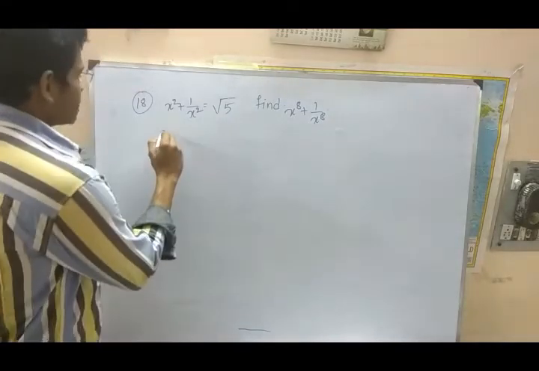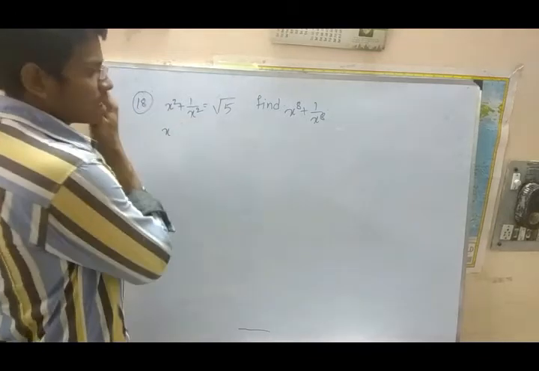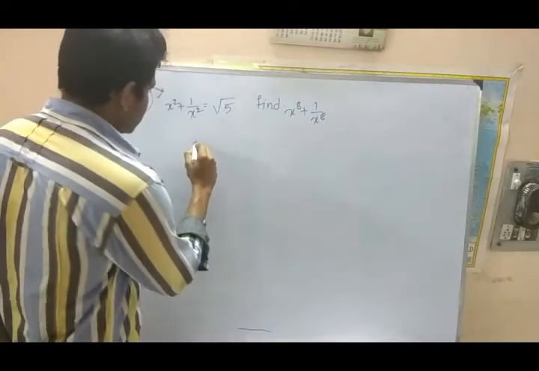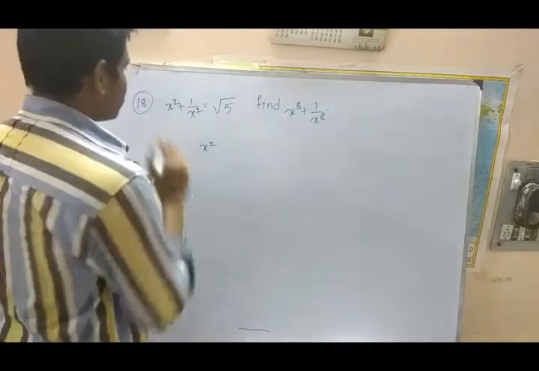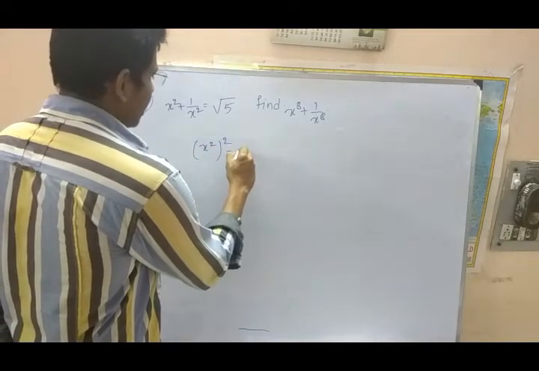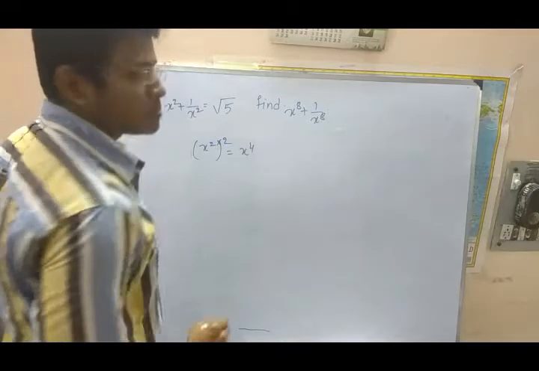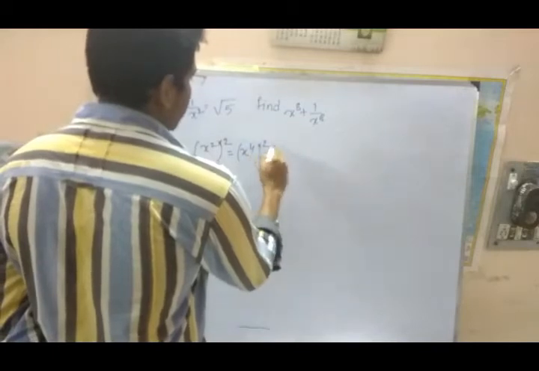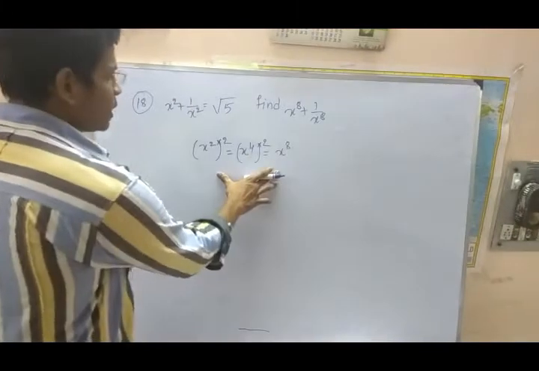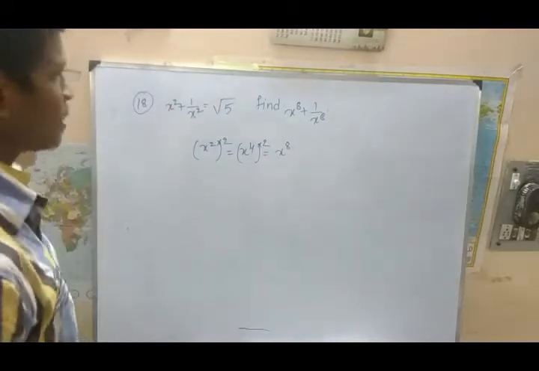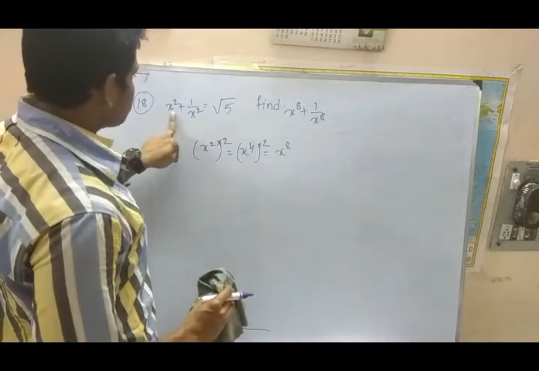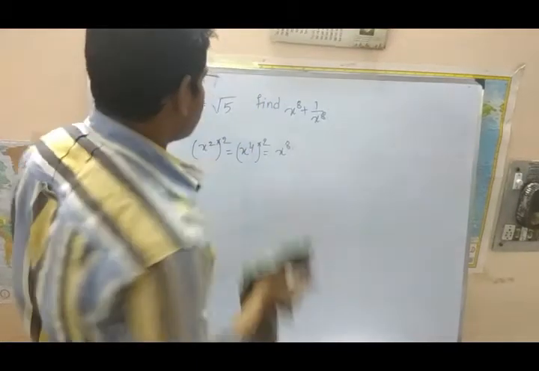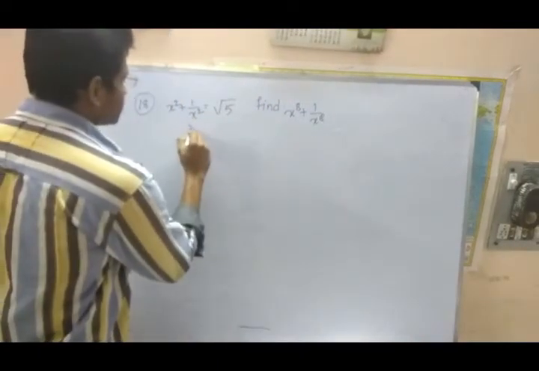So what we have now is x square, and we need x power 8, so we need to do squaring on both sides. Let me explain clearly how to do squaring on both sides. See students, what is x square? It is given here. So do the square. What do we get? x power 4, because 2 into 2 get multiplied here. And do squaring again here. What do we get? 4 2s are 8. So x power 8. The thing which we got here is the thing which we are doing here. So we do squaring, we get x power 4, and again squaring, x power 8, the required question. So first we need to do squaring on both sides here.